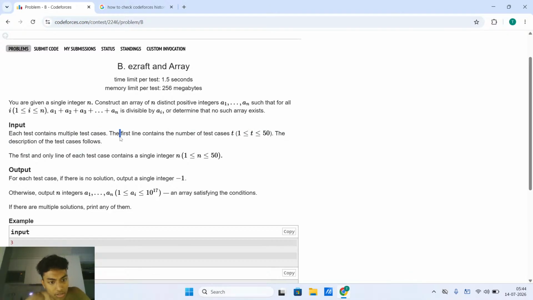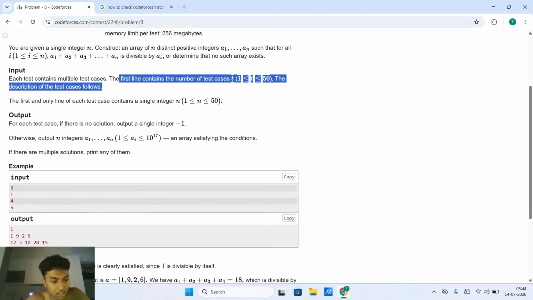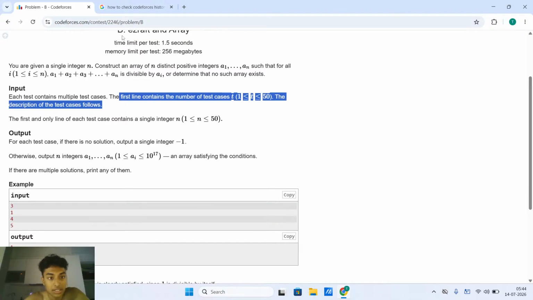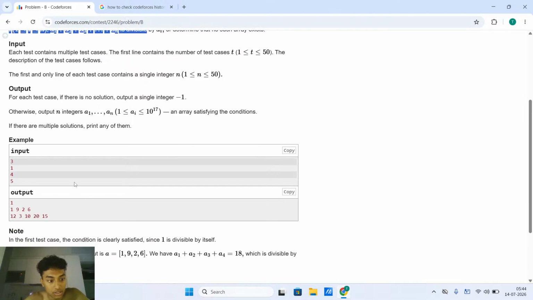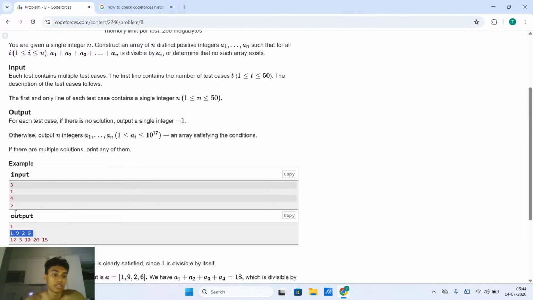Each test contains multiple test cases. 3, 1. 1, 1. That is the number of numbers. Everything is divisible by 1. So I don't think the no case is possible, but